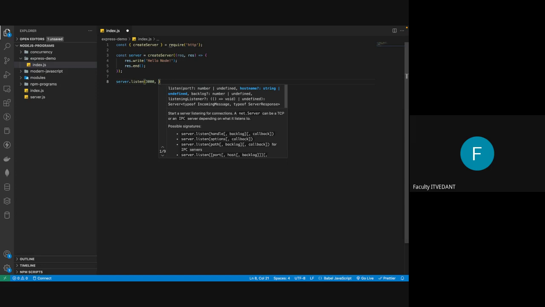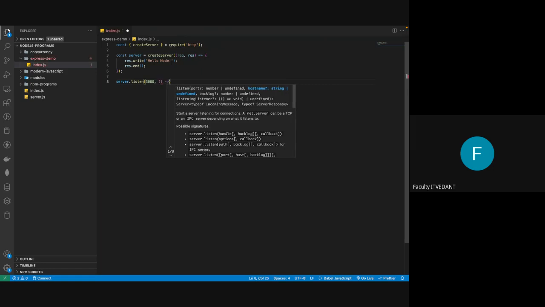Or else, if you are directly using this as a server, then in that case, you need to specify the IP address here or your host. Now, we don't need to specify it here because by default, the host name is localhost. So if you don't specify it, it will take localhost as your host name, which is 127.0.0.1. If you don't want to specify, you can directly specify the other parameter, which is nothing but